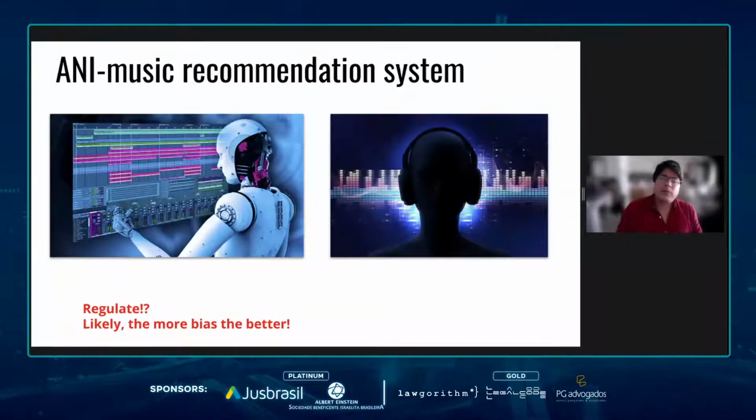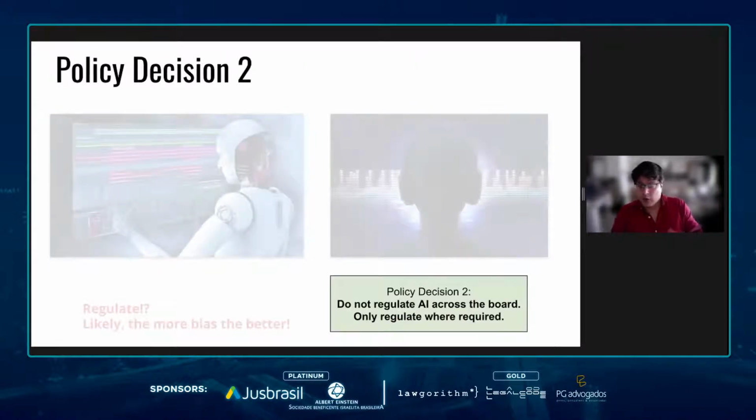But at the same time, there are many types of systems that likely do not require regulation, even if using AI. So if we think about music recommendation systems, to some extent, the more bias that is in my particular recommendation system, probably the better. I want to hear music that I like. And if I'm put into that category, that will probably provide better recommendations for me. Now, obviously, there's a difference of opinions on that, in regards to whether someone wants to hear within their particular category or preferred categories or not.